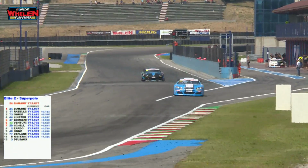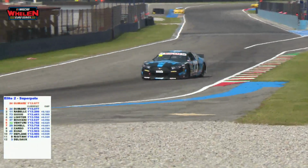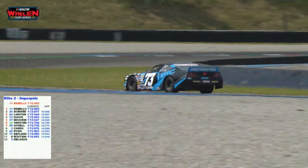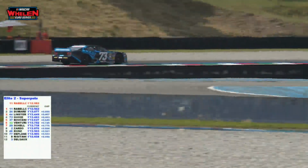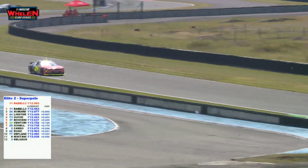The second sector hasn't been bad for the number 11 car as the checkered flag heads out. There goes Gilles Linster. And at the top of your screens, just as we left Gilles Linster, Felipe Ravello comes over the start-finish line and does do it. Felipe Ravello takes pole position away by just 95 thousandths of a second from that car there, which is Guillaume